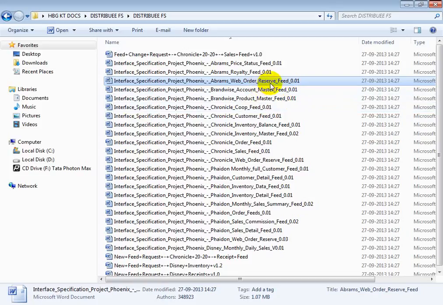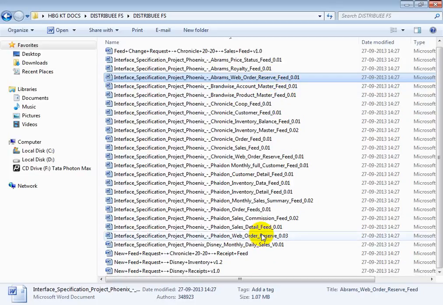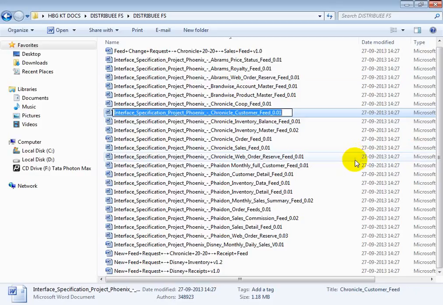How much time do I have? 15 minutes. We have to complete 2 more interfaces. 525 are done. I have to complete 2 more interfaces. I'm searching for which interfaces are possible. We'll pick another small one which can be covered. A small one having 2 pages. If you don't find such an interface, don't worry. Index and last page. Okay, I'll tell you the Chronicle customer feed.